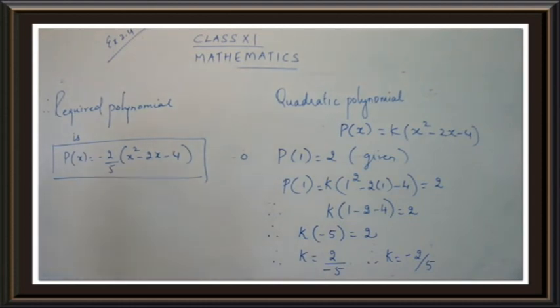I hope you have completed it and it's been clear to you, children. It's very simple. This is a concept that we have already learned in our lower classes, and along with the concepts that we have studied in our previous classes, we are adding some more information to find out a new thing, that is, we are finding out a quadratic polynomial. Is it clear? Okay. Now let's continue with the next question. Take down question number 3.